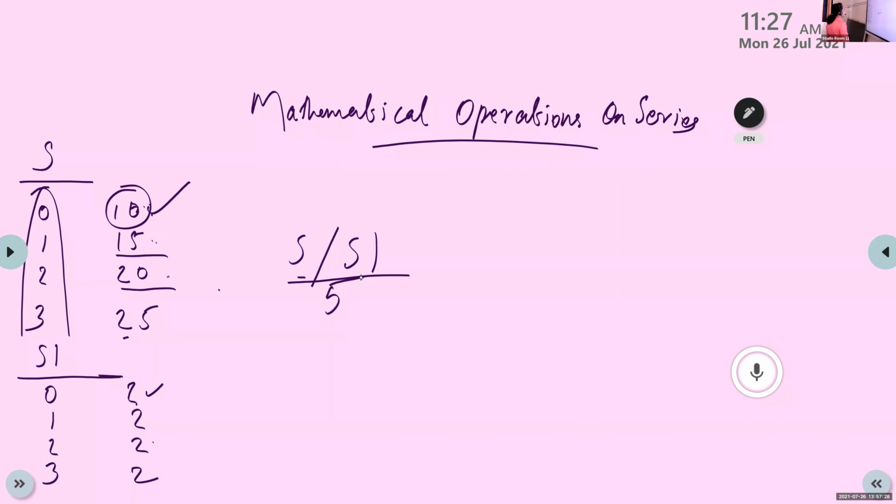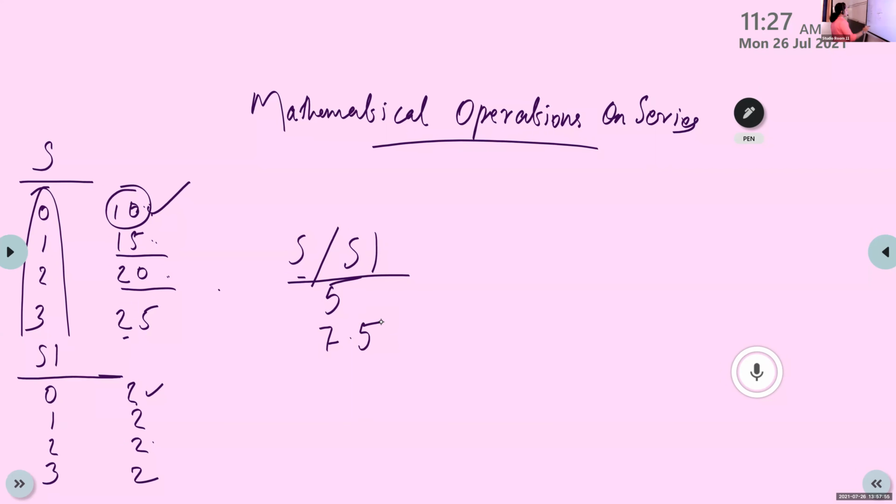Then what about the next value, Sharath? 15 by 2, is it 7.5, Sharath? Yes. Okay.